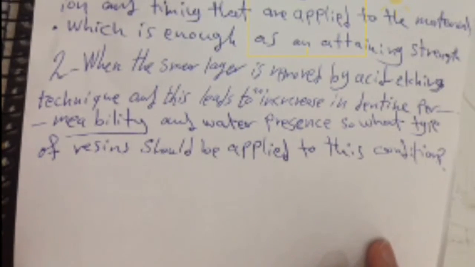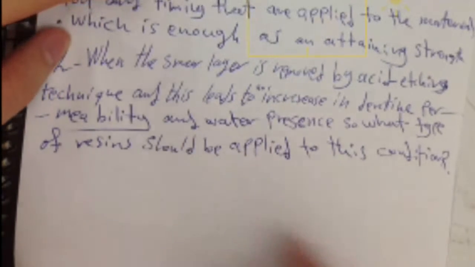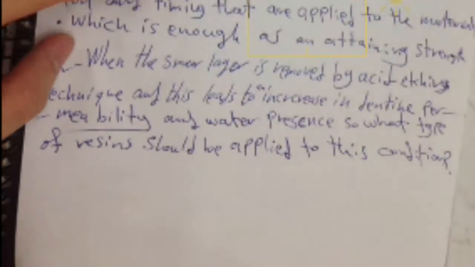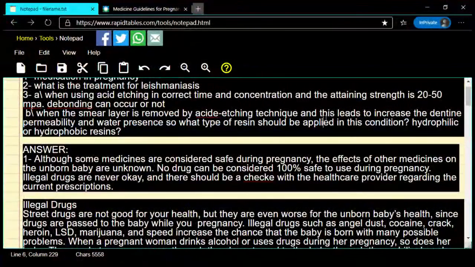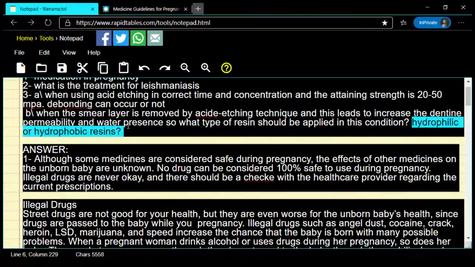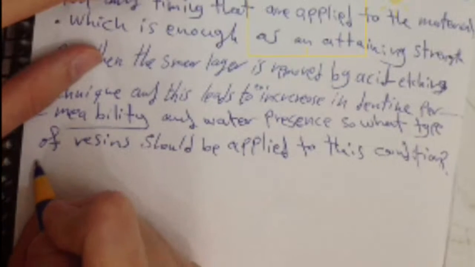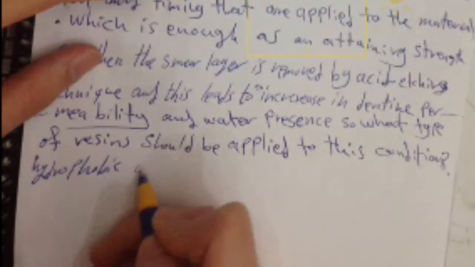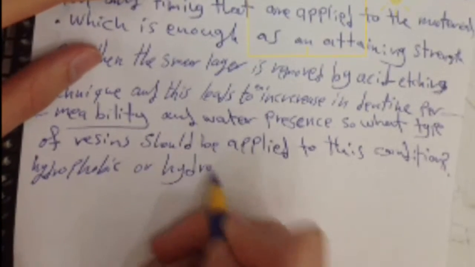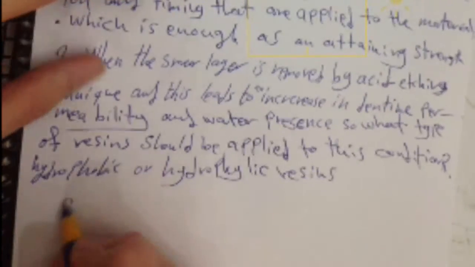Question mark. Disconnect this time, stream, lower quality though. Let's move on. Following this condition, hydrophilic or hydrophobic resins. Let's say the answer